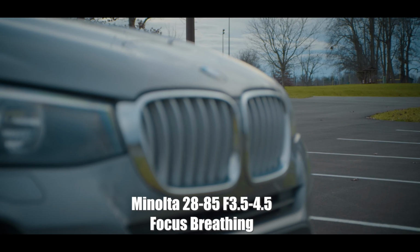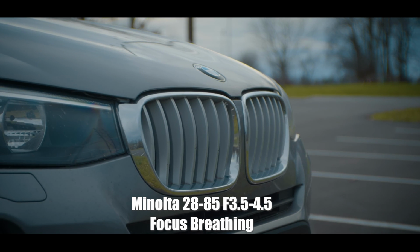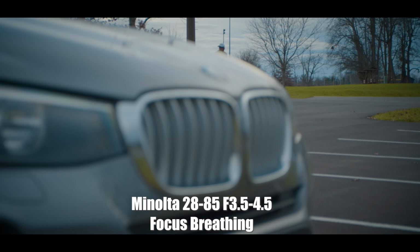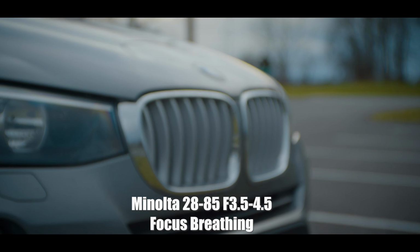I'll let the example speak for itself, but this thing practically has no focus breathing at all. I might even say it's better than the Sigma 18 to 35, which is known to have very minimal focus breathing. So for a 40-year-old lens designed for film photography to have this level of focus breathing, I was really impressed, and I would definitely be comfortable using this as a video lens if it wasn't for two issues when